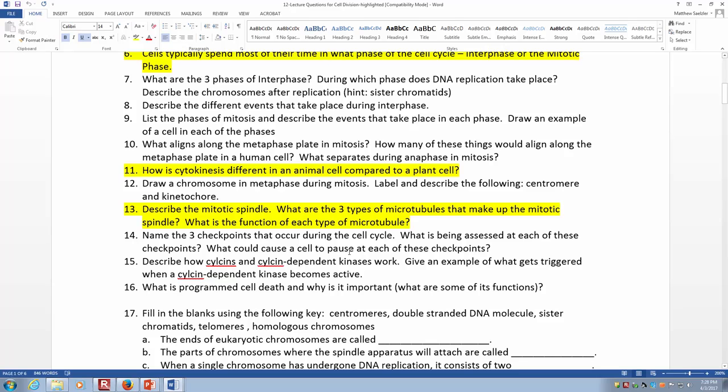Okay, so can someone quickly go over the three types of microtubules that make up the mitotic spindle, and then also, as you mentioned, for each one describe what role it plays in the cell cycle? Astral microtubules play a role in correctly positioning the mitotic spindle in the cell. Kinetochore microtubules play a role in separating sister chromatids, and polar microtubules separate the poles from each other. Right, so that's exactly what I was looking for.